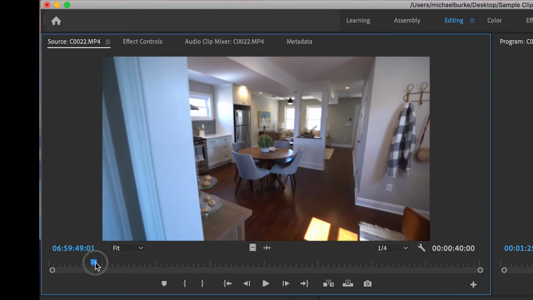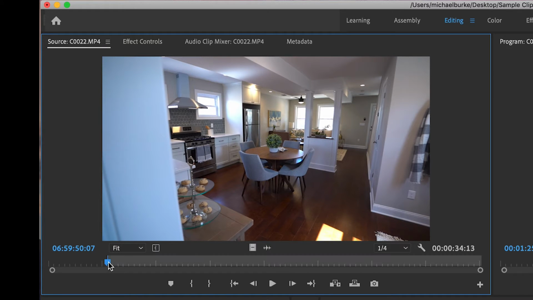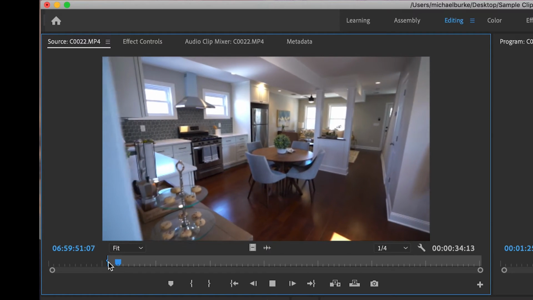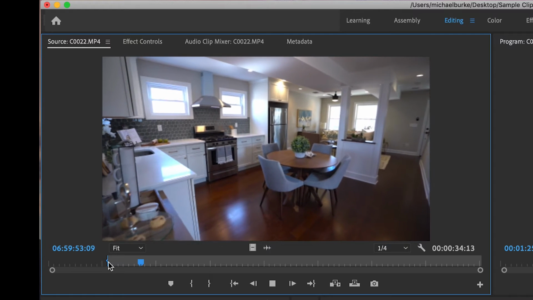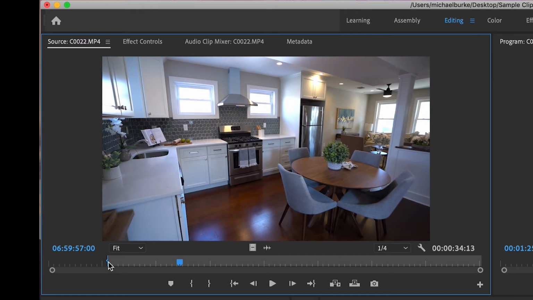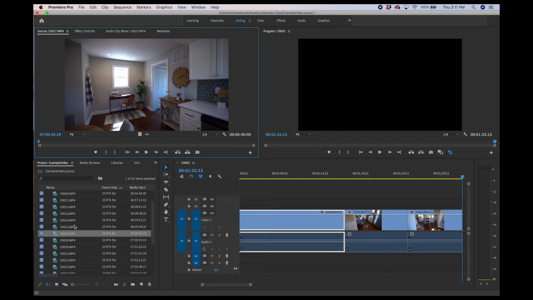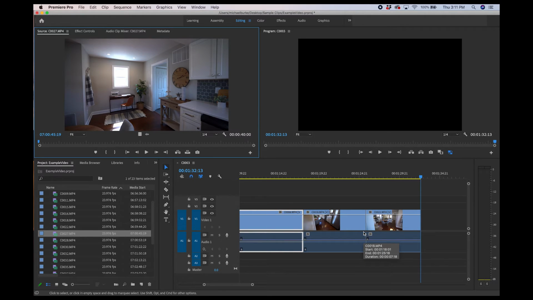This is coming into the kitchen from the opposite angle. So hit my I key there. I'm gonna take it out about there. Have this one come right after that one. So you can see I just quickly go through these, get a nice portion of the clip, put it in my timeline, and then once we have them all in our timeline, then we'll bring the music in and then